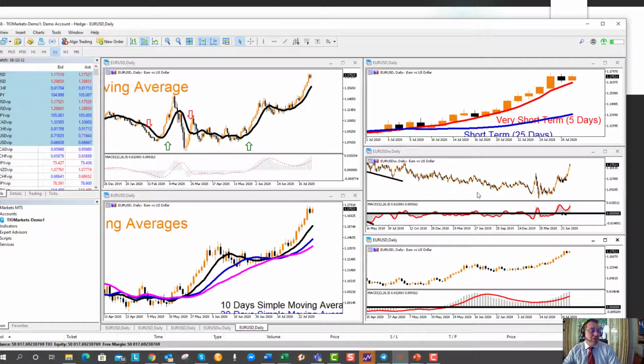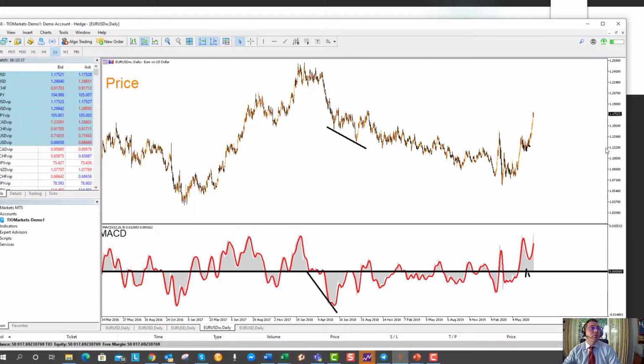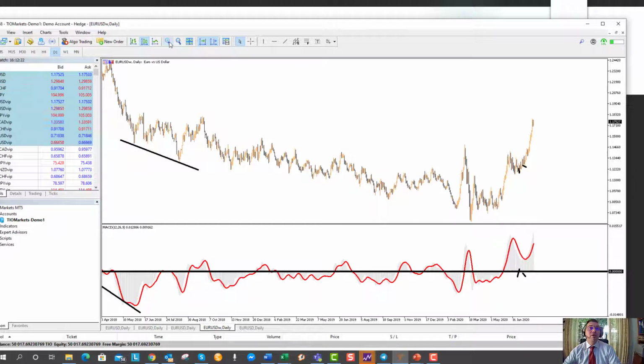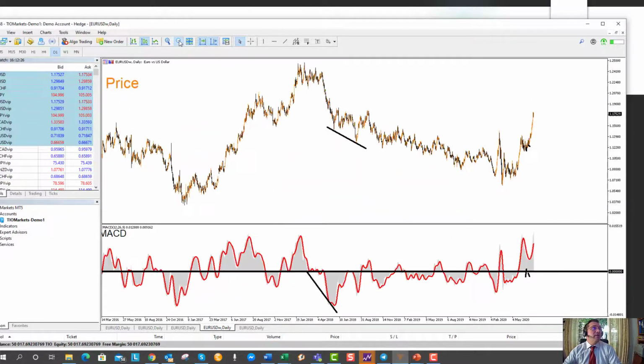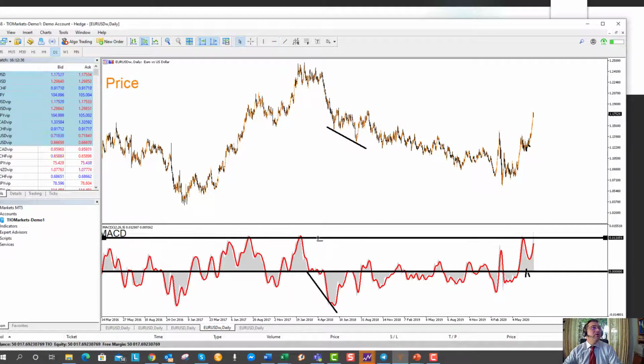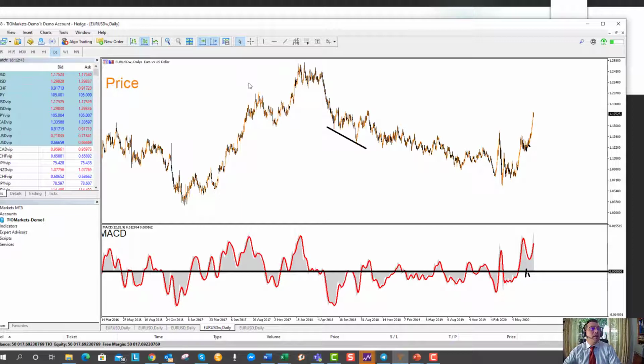Here you can see, and I think it would be better if we could actually show you these conditions on a chart. So this is our MACD here, on a daily chart. Here you can draw the overbought and oversold by connecting tops. Here you can see if we put this line here,